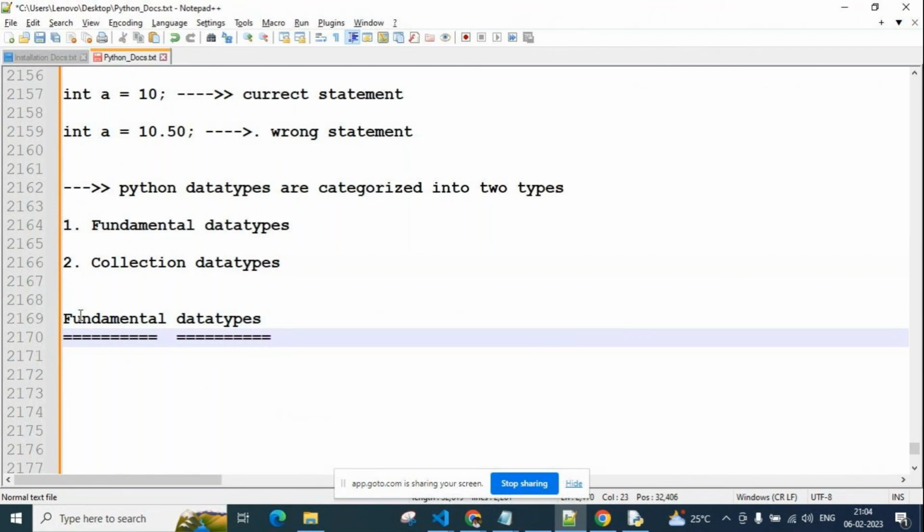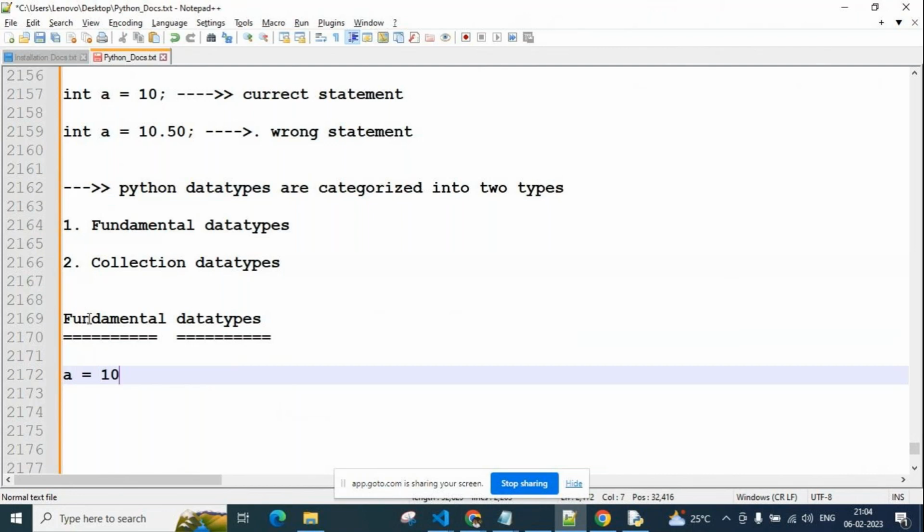The variables which are represented with the fundamental data types store the address of the object in which we can represent only one value, guys. Simply I'm telling, in one variable we can store only one value.